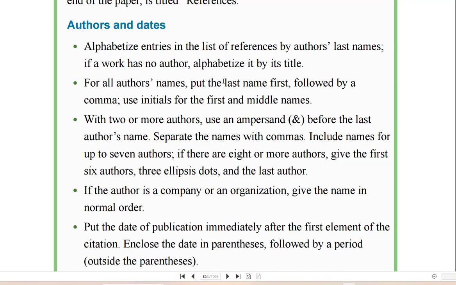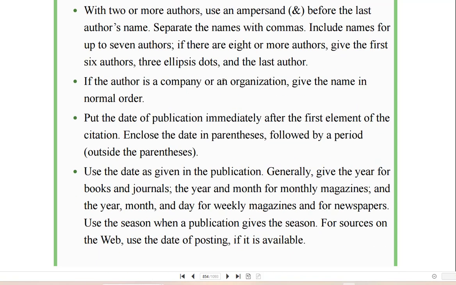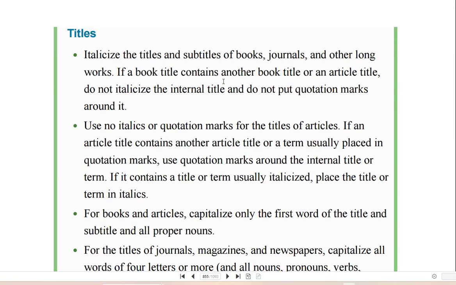Put the date of publication immediately after the first element of the citation. Enclose the date in parentheses, followed by a period outside the parentheses. Use the date as given in the publication. Generally give the year for books and journals, the year and month for monthly magazines, and the year, month, and day for weekly magazines and for newspapers. Use the season when a publication gives the season. For sources on the web, use the date of posting if it is available. And you also use the date in which you retrieved